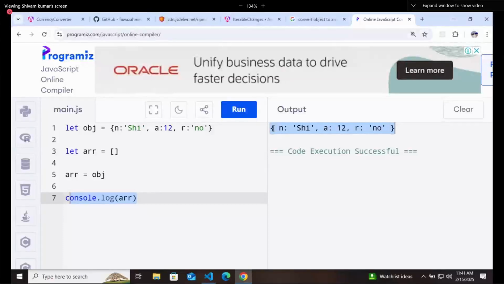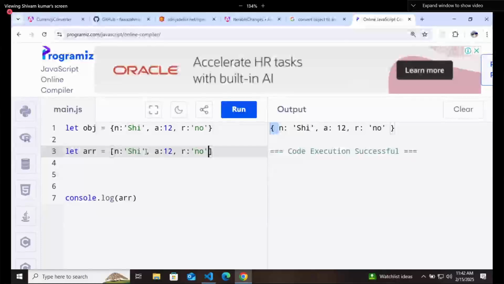You need to have the array symbol. You will ask how we get the array symbol. So let's say your array has some values, in this way: first, second, and third.